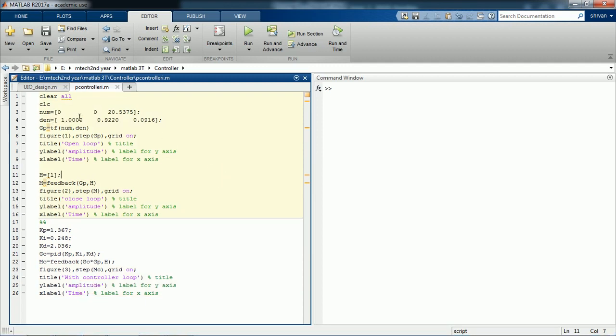This is the transfer function model for a level control. Gp is equal to tf of num comma 10, which creates a transfer function, that is Gp. First we will see the open loop response of this plant. After that, the closed loop response of this plant by giving a unit feedback, that is h is equal to 1. As you can see, m is equal to feedback of Gp comma h, which creates a closed loop system with unit feedback. After that, we will introduce a PID controller and we will see the controller effect on the plant. If you run this code,